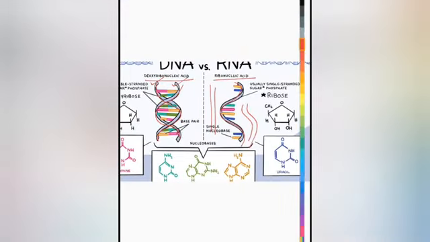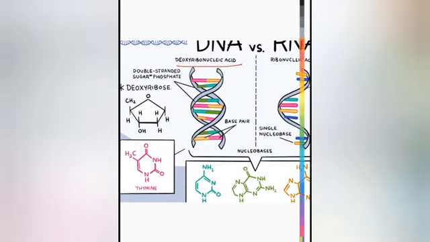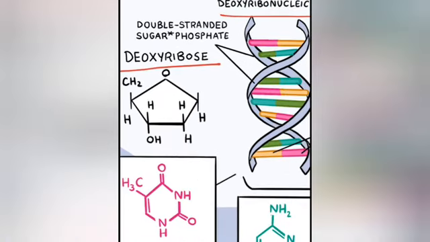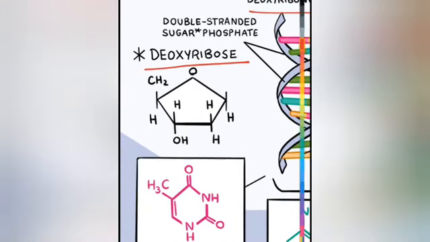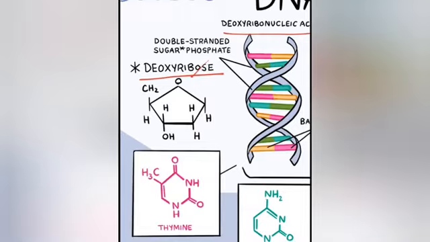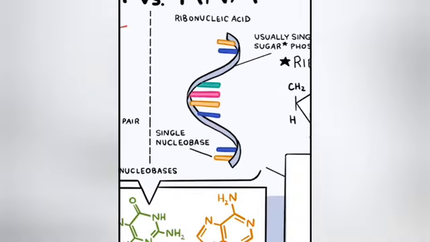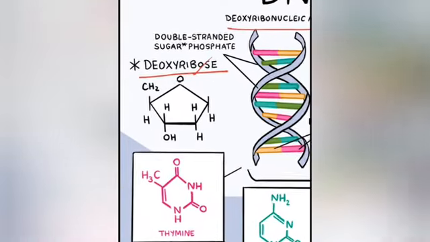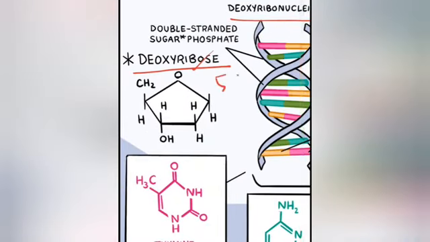Moving on to the next topic, here deoxyribose is present. Now what is deoxyribose? It is a type of pentose sugar which we have already discussed, that a pentose sugar is found in each nucleic acid. In case of DNA it is deoxyribose and in case of RNA it is ribose. Now what is deoxyribose and ribose? Both are 5 carbon containing sugars.